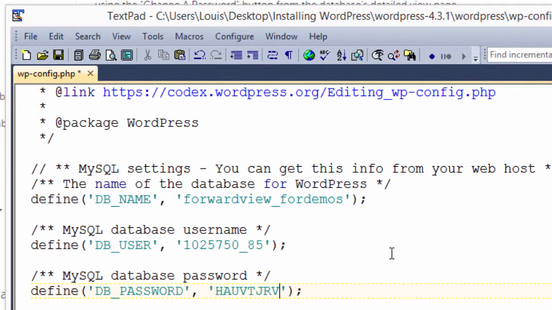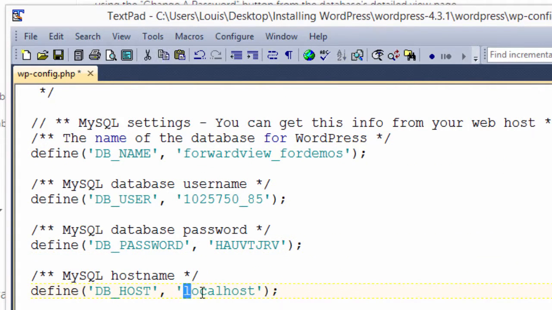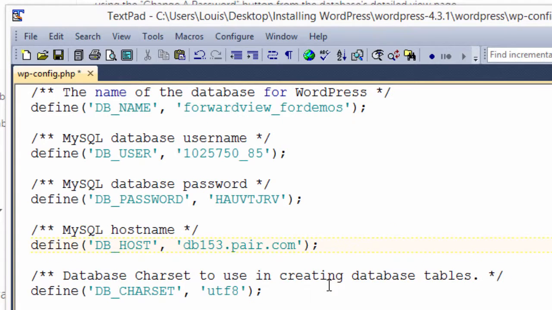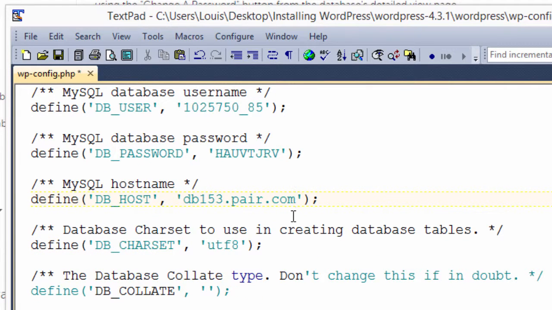Okay. And generally, again, check with your web host if you're not sure, if you're having problems. Generally, localhost works here, but in this instance, well, for me, it doesn't. That's what I need to put in to work with my web hosting account. But generally, it's localhost. And then if we scroll down,